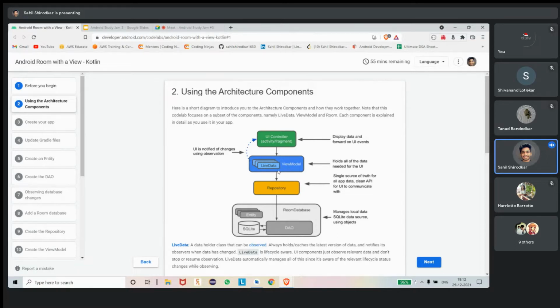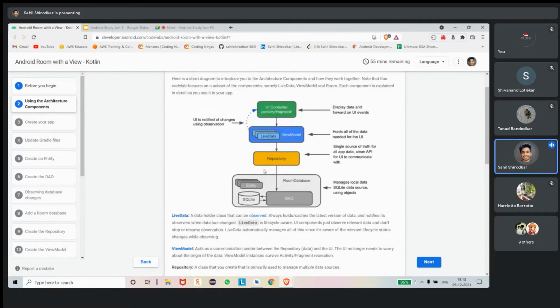What a view model does is, all the data which is shown on the UI, that is the activity, it stores to itself and manages all that data. So let's say the view model is interacting with the database and calls a query in the room database and it doesn't work. At that time, the whole app won't crash. Only this part won't work, but the UI, the front end, will work properly. The front end won't be affected by the bug in the database or view model part.